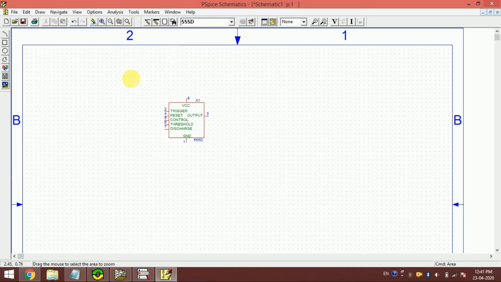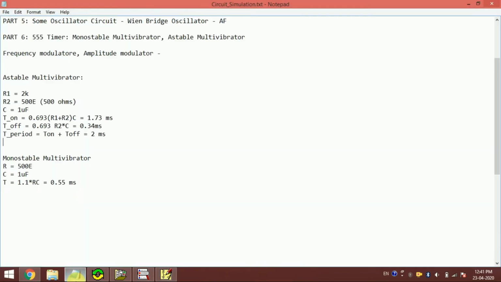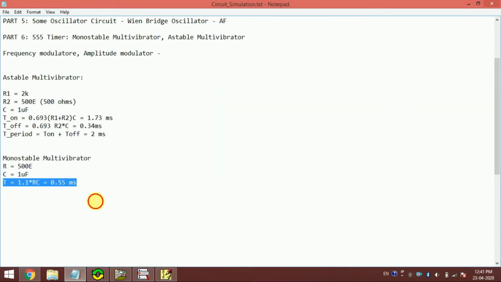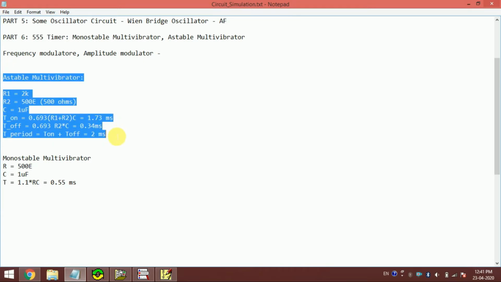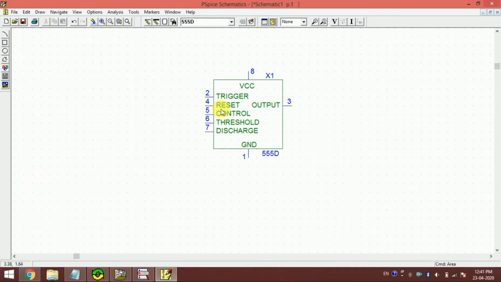So in this circuit, the astable multivibrator that I am going to make right now, actually there is a reason for this. See, for this monostable multivibrator, we need a trigger input, and in this particular software, PSPICE, we don't have the trigger input available. So we will use the output of this astable multivibrator. We will try to generate this trigger from this astable multivibrator, and we will connect the output of this circuit as an input of this circuit. Okay. So in this circuit, the astable multivibrator,